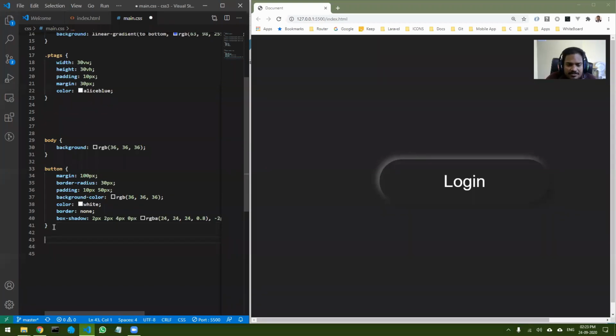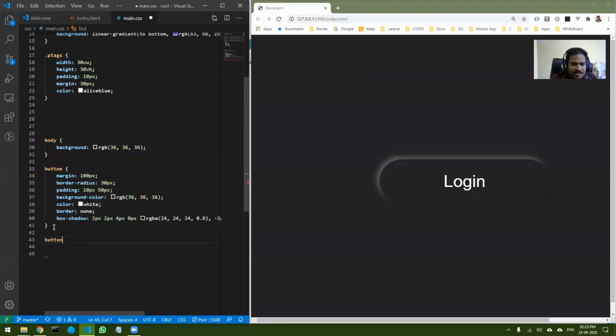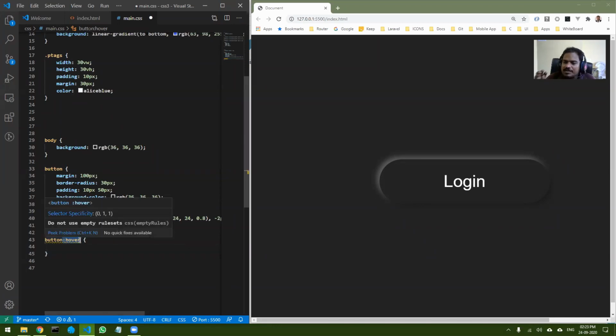To do that, what we normally do is we select the tag, button, and what I want is that when I hover over it, something should change. That means either the glow should change or the color should change, something. For that, we use something called a pseudo selector. This colon hover can be connected to any element.